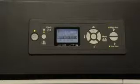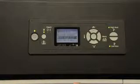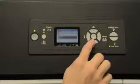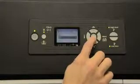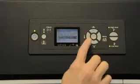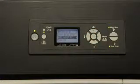The next option is take-up reel. We have an option of on or off. Please note that this does not control the actual take-up reel itself, but whether media can be in-fed back into the machine. So for example, if media is located on the take-up reel, we would want the take-up reel function in the on position. This will allow media to be fed down, but will not allow media to be fed